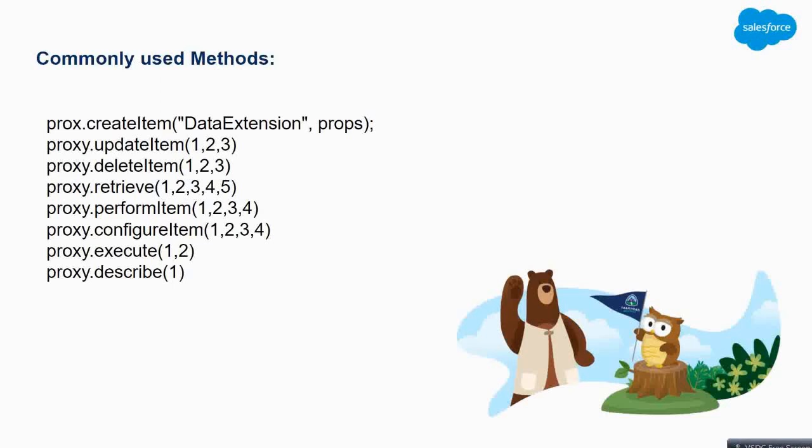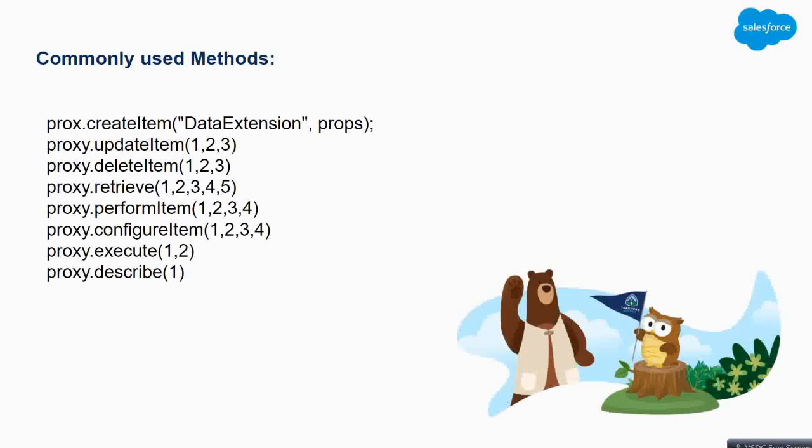Okay, so whatever is in the SOAP objects, you can go through the SOAP objects, and those things you can utilize using the WS proxy. Okay, and you can go through the SOAP object and SOAP method, and from the documentation of Salesforce Marketing Cloud, you will get an idea of what are the things we can retrieve, and also what are the fields. Okay, so for example, in a data extension, what are the properties that are available, you can get that information